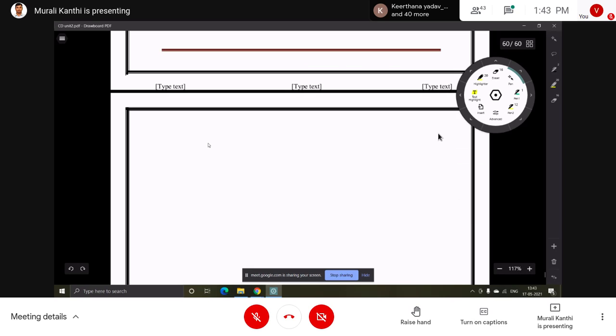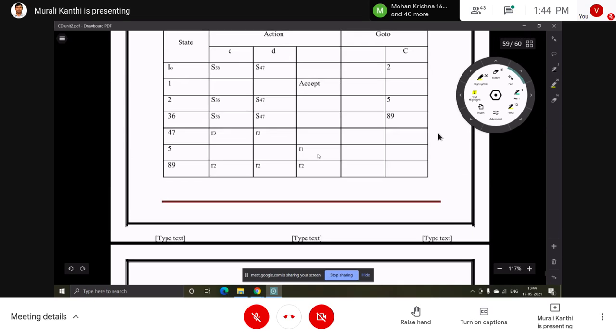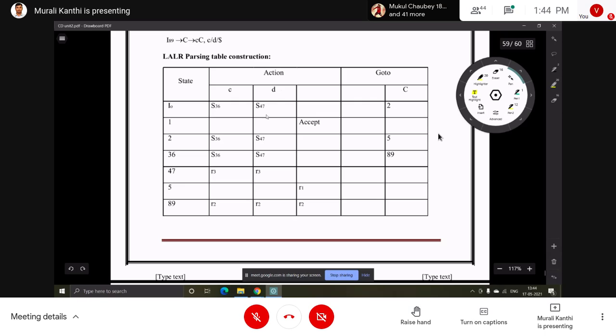If any input string is given to verify, then verify it, as I have already shown in the SLR. First the stack is taken, then the input buffer, then the action. The input string is placed into the input buffer, and the stack initially contains the starting state of this grammar, that is I0, so 0. Based on the top of the stack and the current input symbol, the parser takes the action by looking into the table. What is the entry for that symbol in the table? Based on that, whether shift operation, reduce operation, accept, or reject.